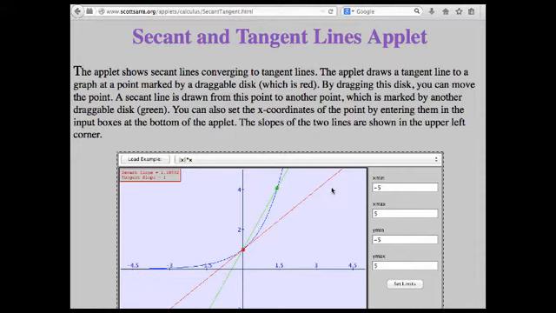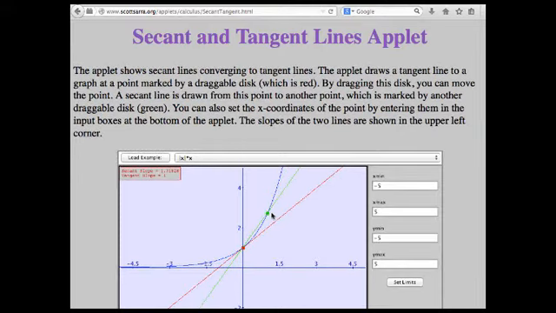So if I started moving this green point, and everywhere I stopped it, I was going to come up with the slope at that time. So if I had the green point here, I would calculate the slope of the green line. If I moved the point a little bit closer to the red point, I'd stop again and calculate a new slope of that green line. And this is where the limit idea comes in, because notice what's happening to that green